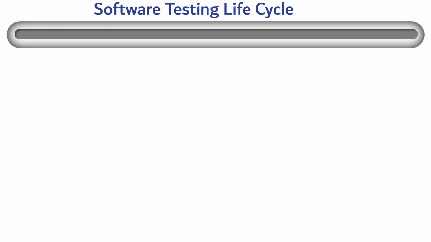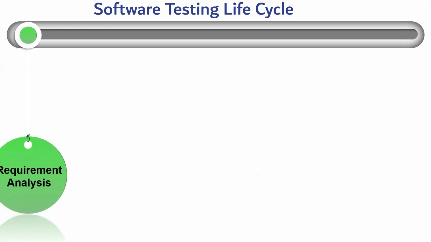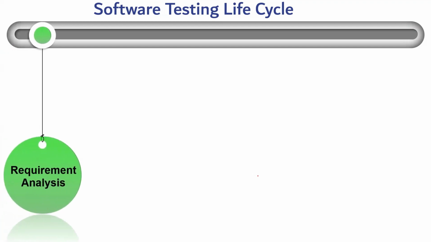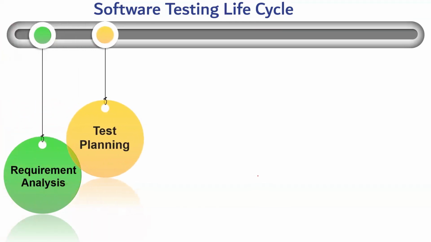As software testers, we will have one generic life cycle. What is the first thing we will do? The first one is requirement analysis. It means we will understand the client requirement. And once the client requirement is clear, then only we will go to the next step. In any software testing life cycle, the first step is requirement analysis. Remember this point. Once the requirement analysis is done, then we will go for the test planning.